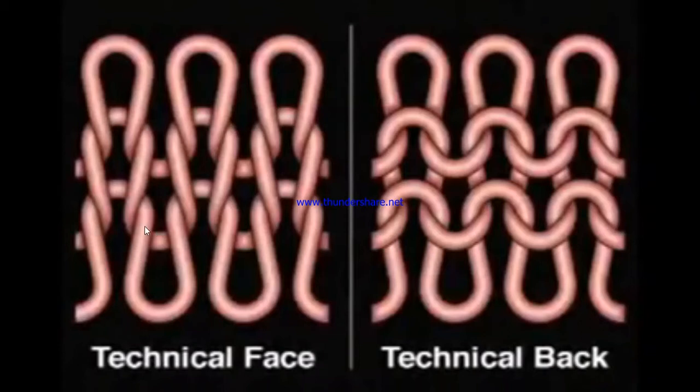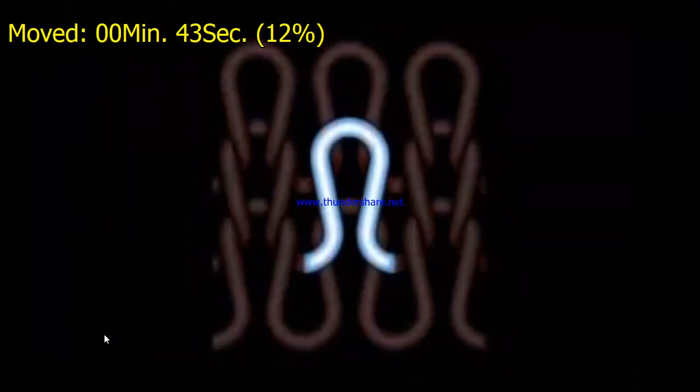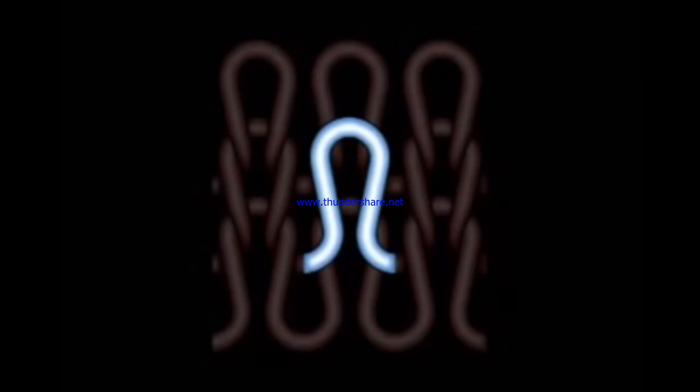V shape mark on the surface of the fabric, whereas in the technical back you will see the crown or head of the loop, which will give you an inverted U shape appearance at the technical back of the plain knitted fabric. So now if there is a difference in catching and clearing action during the loop formation, then one can prepare a variety of structures. So this is the single loop.